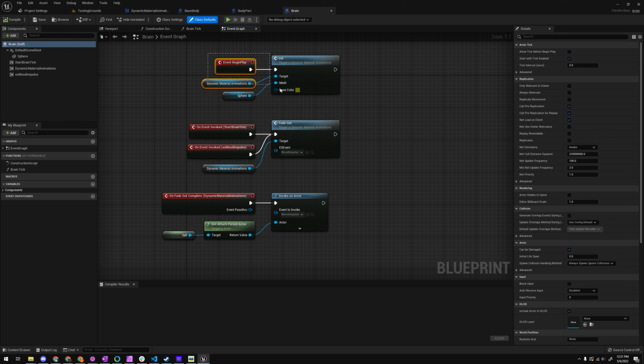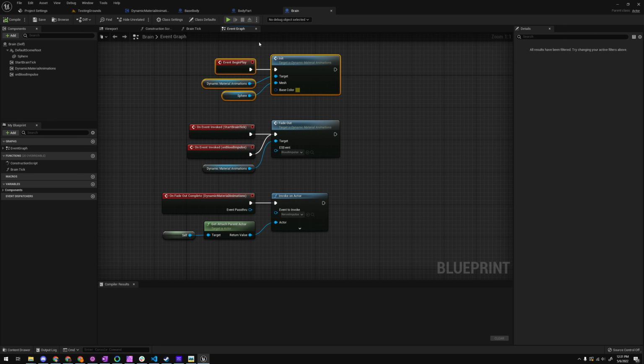And as you can see here, it starts the same way as I did before. I call fade out when this is called. I make sure that the event being passed through is a blood impulse. And the reason why I'm passing the event through is because when